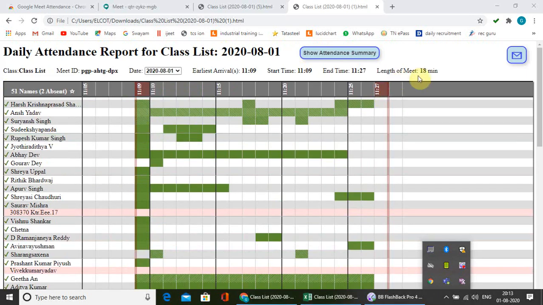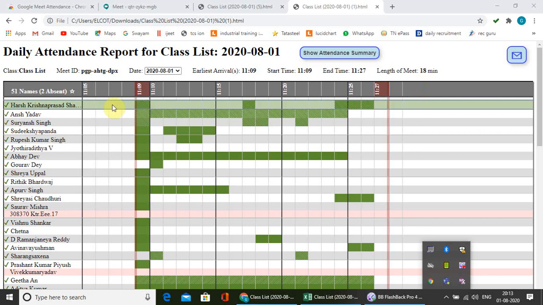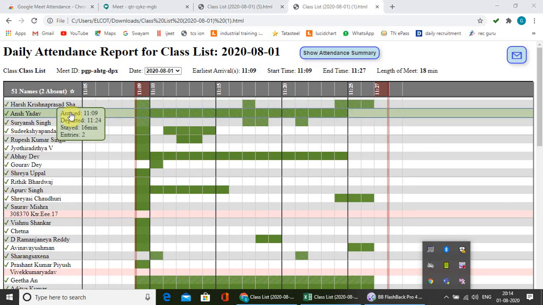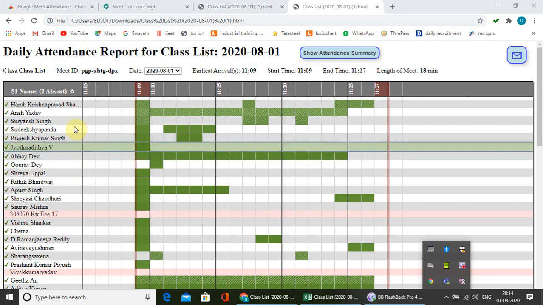The total duration of the session is 18 minutes, but this particular student is present in the session for only 5 minutes. Similarly, if you check the other students also, for each student we can find how many entries he made and how long he was present in the session.